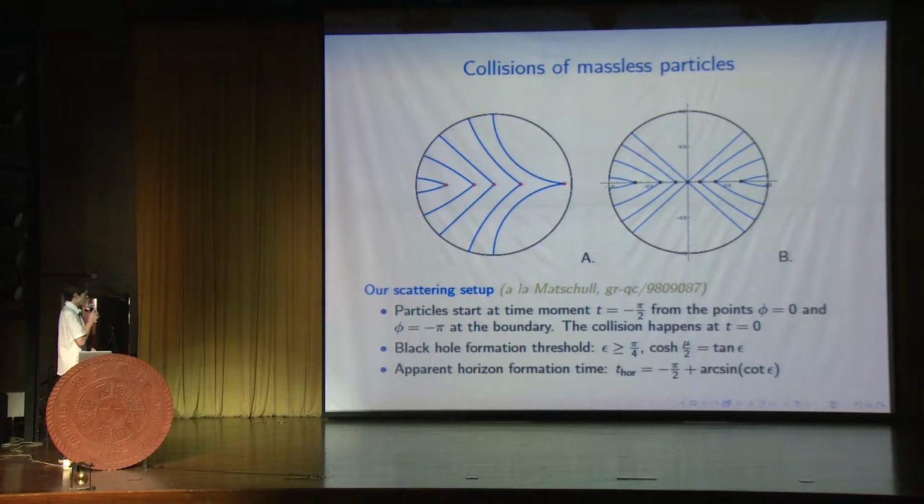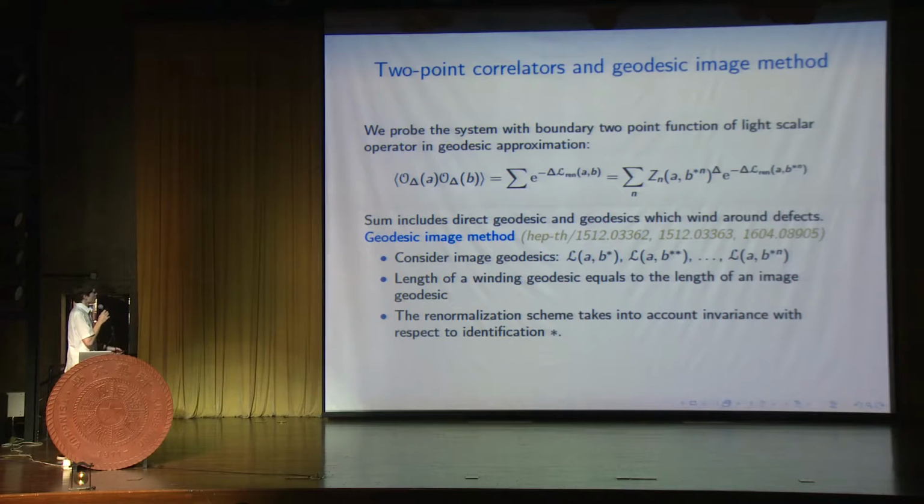So how does the actual collision happen? At time -π/2, particles start from antipodal points on the boundary and move towards each other head-on. The collision happens at the moment t equals 0. And if the particle energy is high enough, higher than this threshold, then the black hole is formed with a mass defined by this relation. But before that, at some point during the movement of particles towards each other, the apparent horizon forms at this moment of time. We calculate 2-point correlation functions in the boundary theory of a light scalar operator by using geodesic approximation,